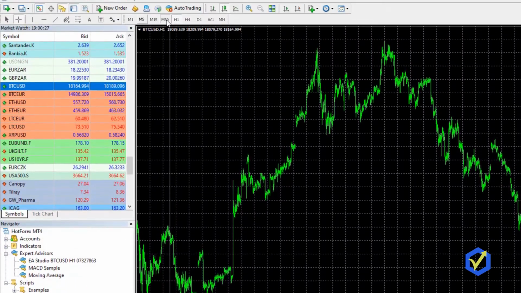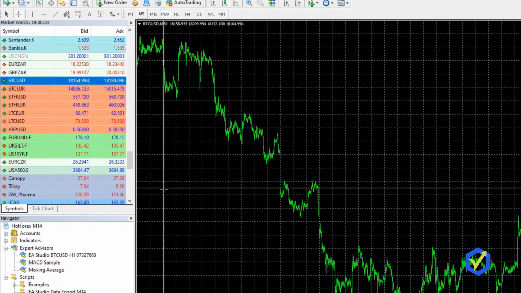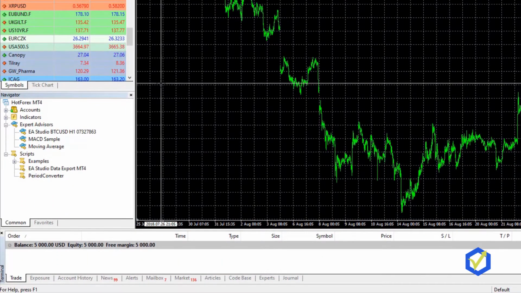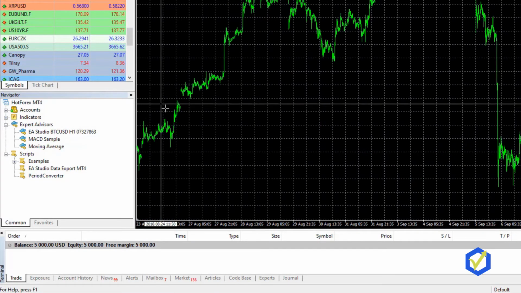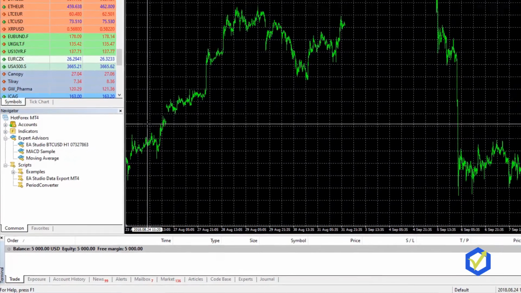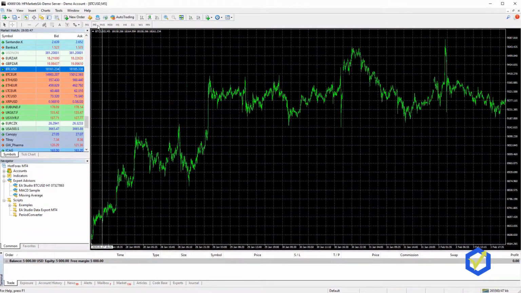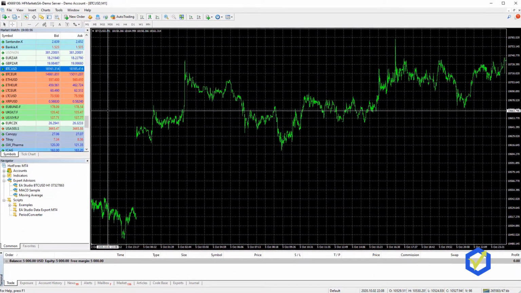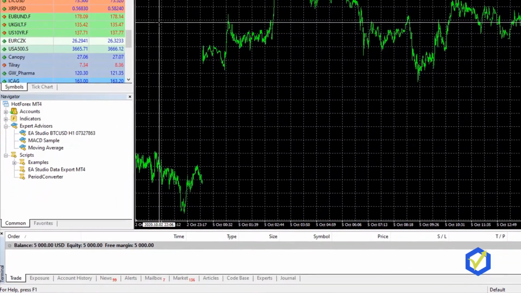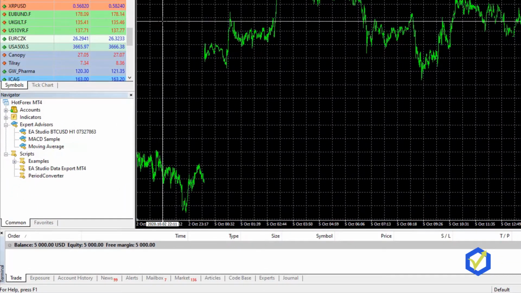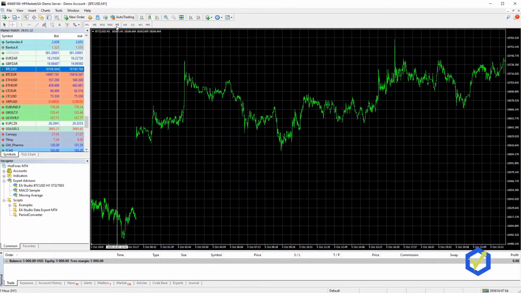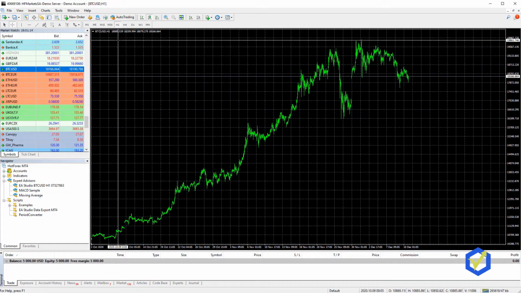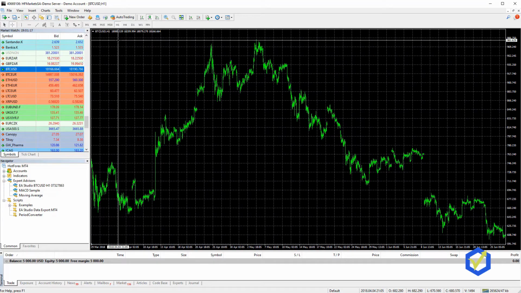Okay, if I go to M30 chart, press the home key, what I have is the end of July 2018. And if I go to M15, I have August 2018, and M1, if I press the home key, that would be October 2020. Alright, so this is not really enough, especially the hourly chart. It's not enough data to build our strategies on.